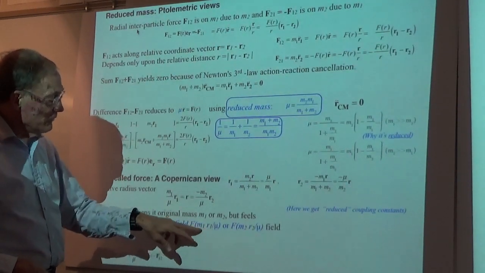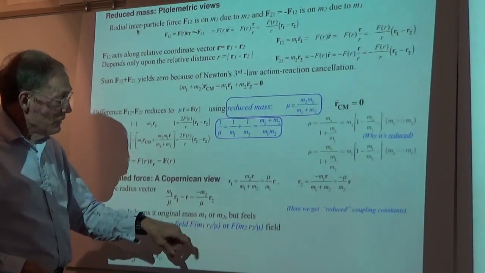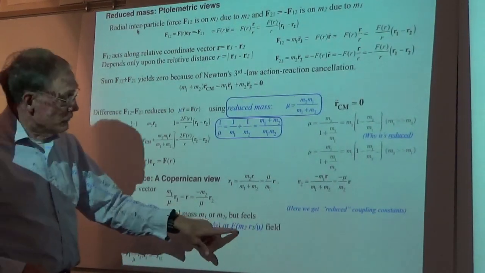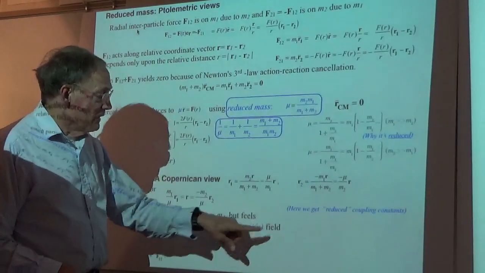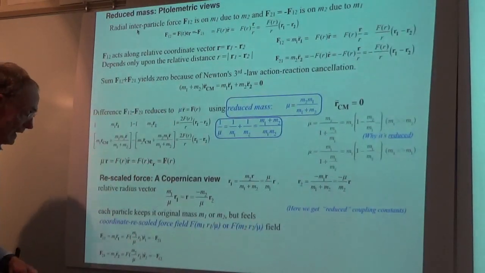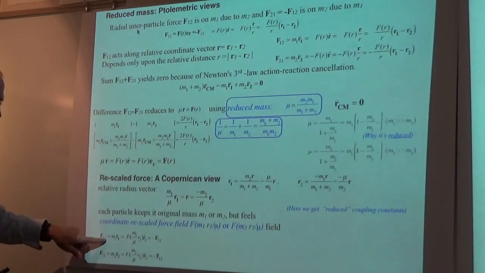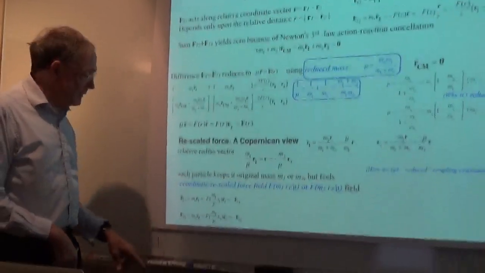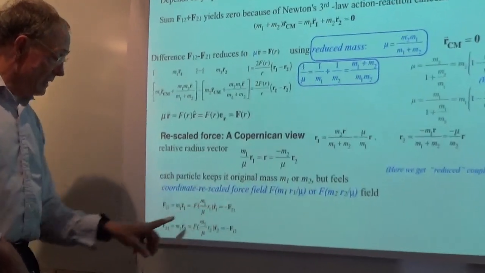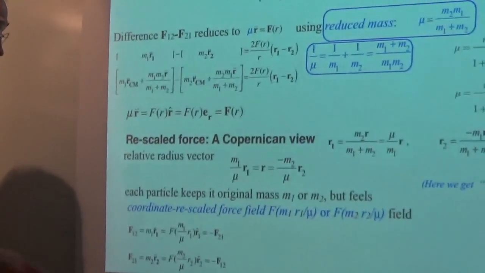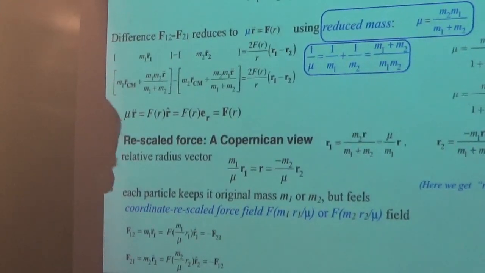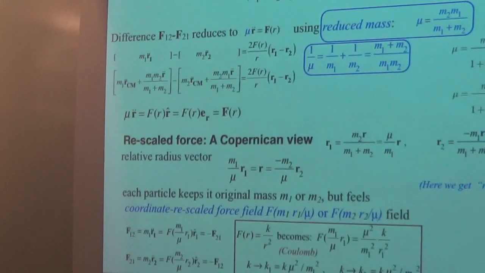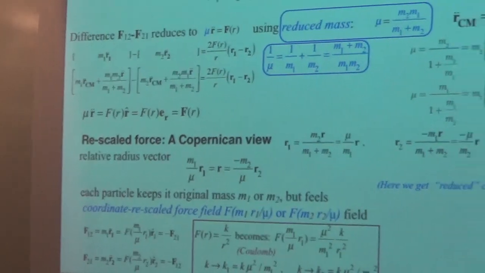You do a rescaling of m1 over mu for the number 1, and you do m2 over mu for the other one. So that's the idea of getting the interaction force, 1, 2, written in a sort of funny kind of way. It'll still have the opposite sign for Newton's third law, but still it's going to be something